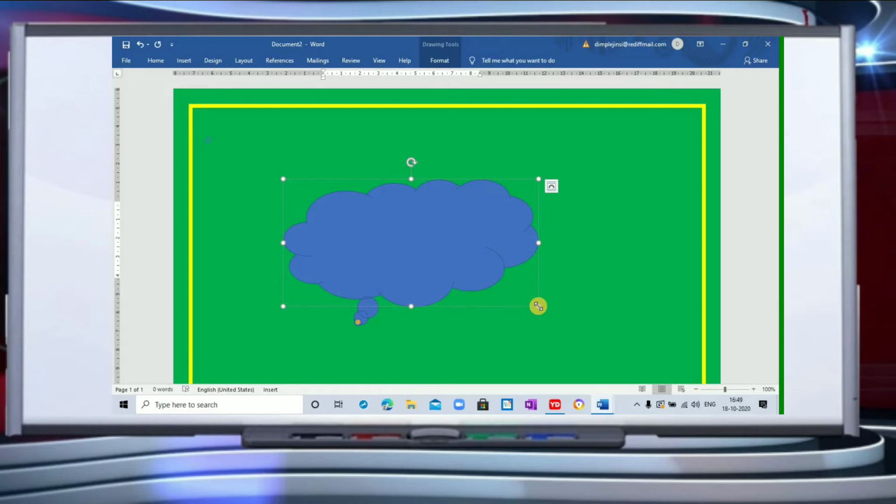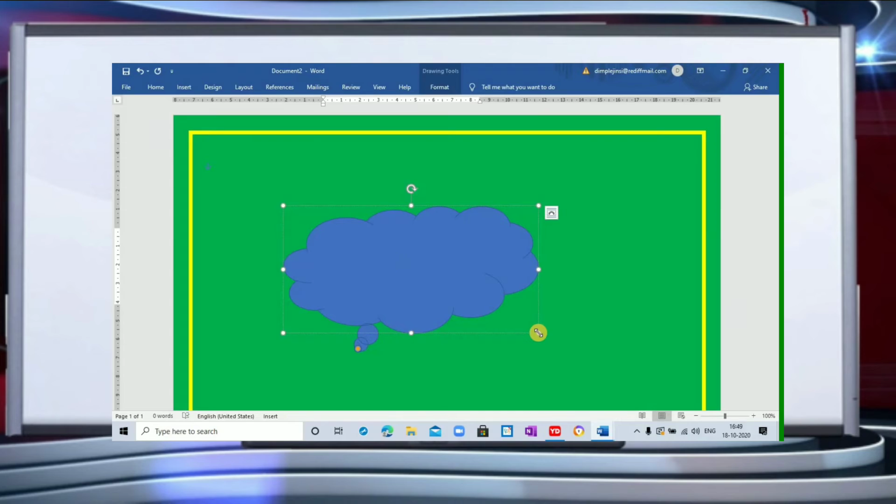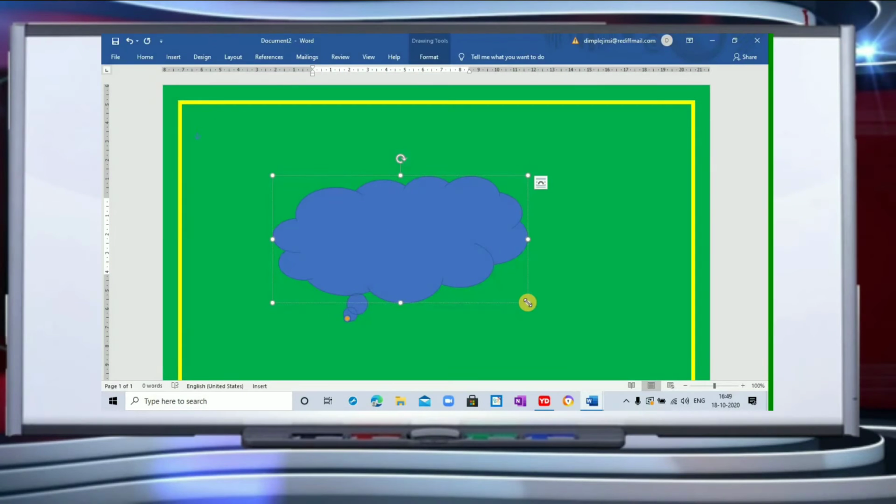So what is a shape actually? Shapes is a drawing feature that helps you draw various shapes like stars, banners, callouts, connectors, etc. With the help of these shapes, you can draw the attention of the user to your message.